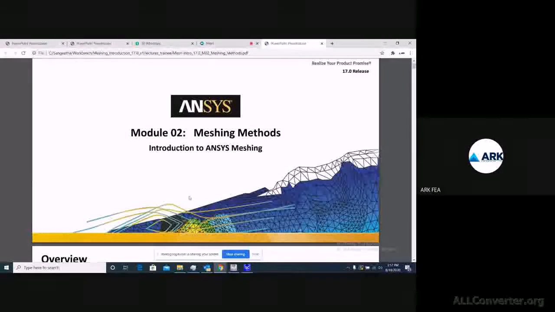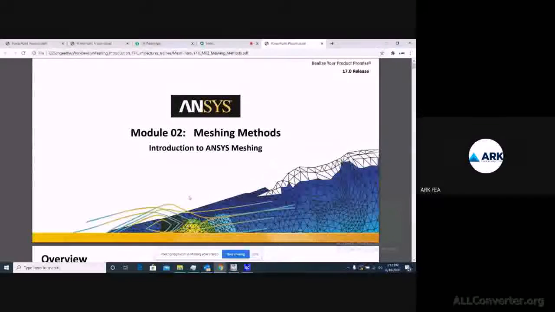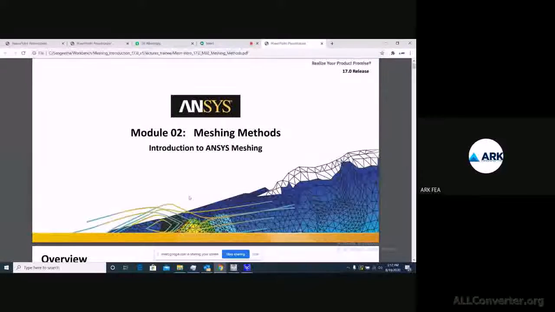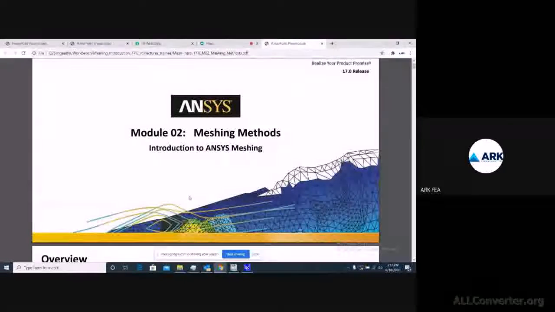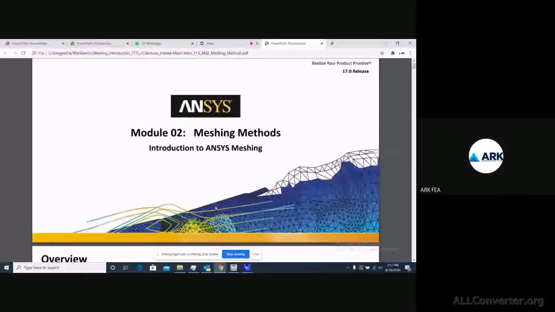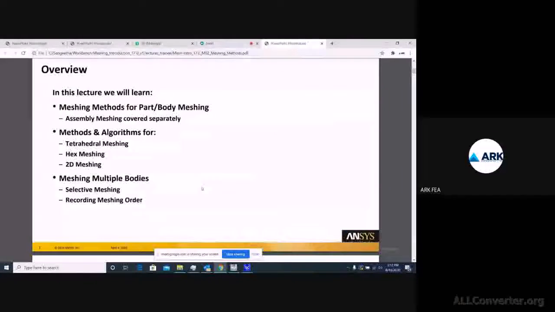There are different methods existing in order to mesh your geometry. That could be totally dependent on the type of geometry you have, or the type of element you want to add to your geometry. So before getting into the mesh, we'll check what we are going to learn in today's session. We'll be learning meshing methods for different parts.